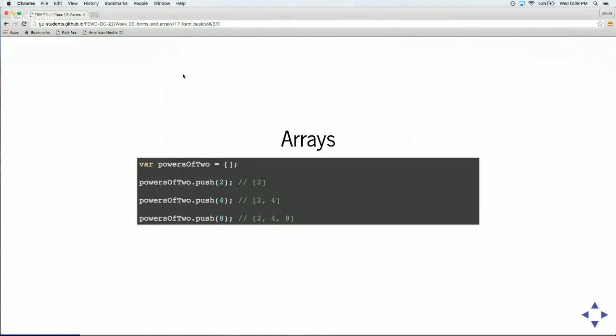And in fact, we can just use this dot push to push values into that array. And so here, if we push the number 2 into that array, there's one value in there, and that's the number 2. And we can push the value 2 and then 4, right? This push is always going to put